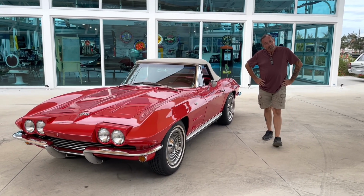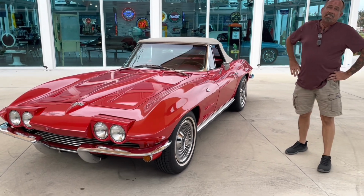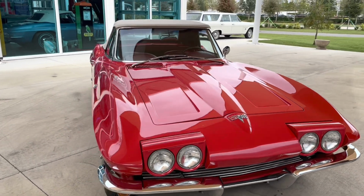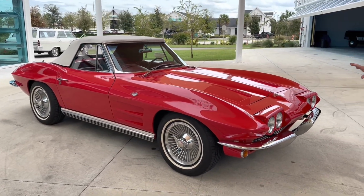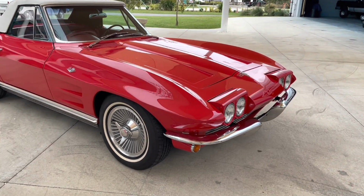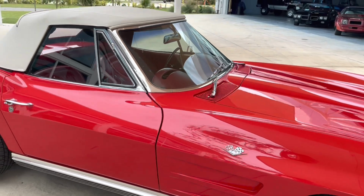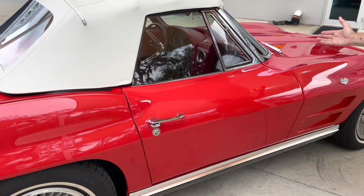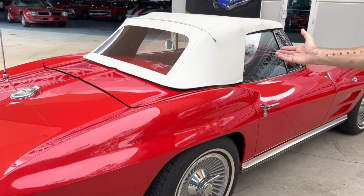Welcome back to Skyway Classic Cars, and today we have a beautiful representation of a 1967 Corvette. If you take a look at the interior and exterior, this is a very high dollar finish. This was done a few years ago, but it has a really nice sheen to it. It buffed out beautifully. If you take a look at the vehicle, all the chrome, there is no pitting. It's newer chrome, has a new top on it, and all the body lines are straight and beautiful on this